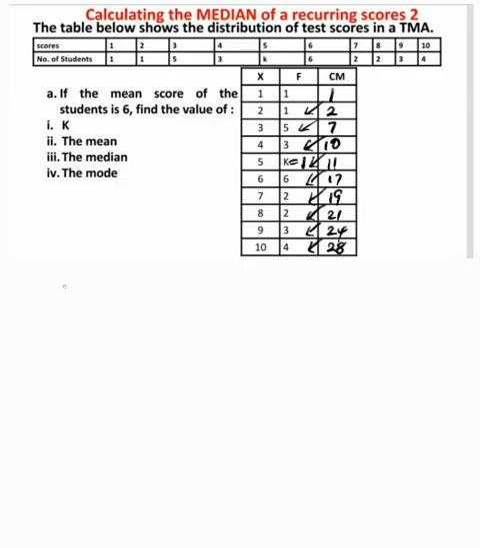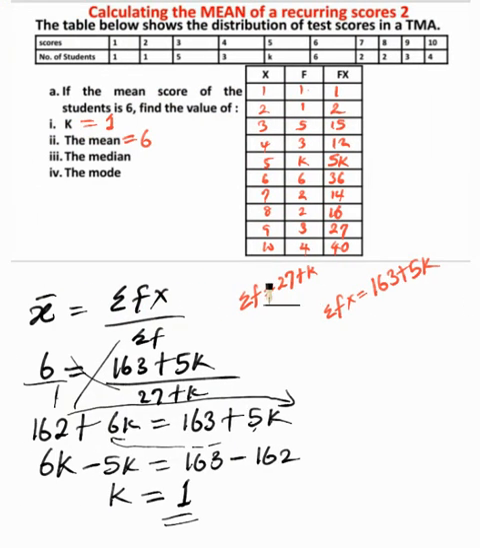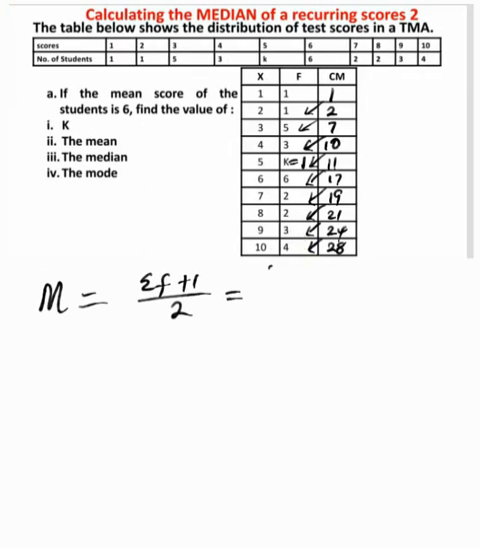And remember, the median is given as summation f plus 1 over 2. So we need to find the summation f first. And remember, summation f here is 27 plus k. You can see 27 plus k, and k is equal to 1 there. Therefore, it is 27 plus 1, which is equal to 28. It must always tally with the last column